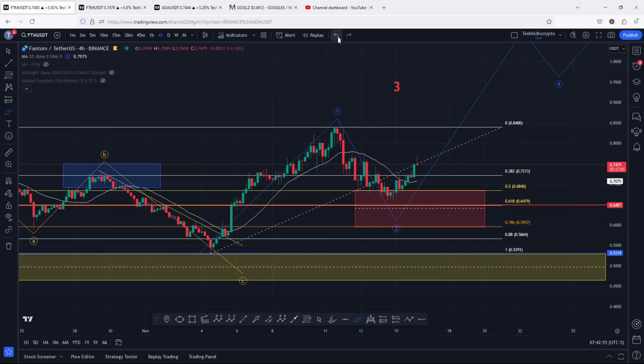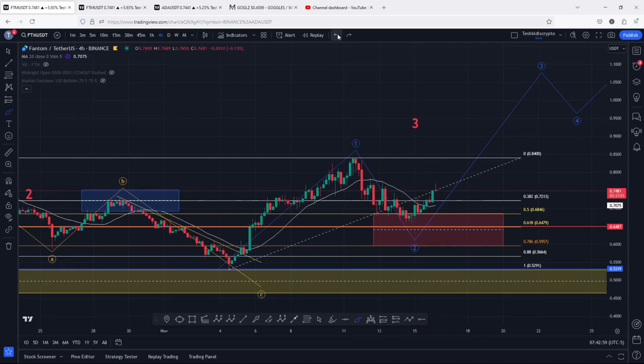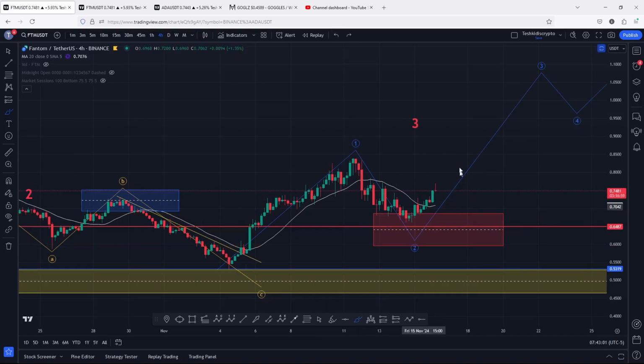And you can all see that we saw a pullback into the area, and we started a bit of a reaction to the upside in what could be the start of an impulsive Deriv count 3. And for us to get a confirmation that we are now getting impulsive in this wave 3, we need to see Fantom giving us a break above the high for this wave 1 above the $0.84. The moment that plays out, maybe with a retest,